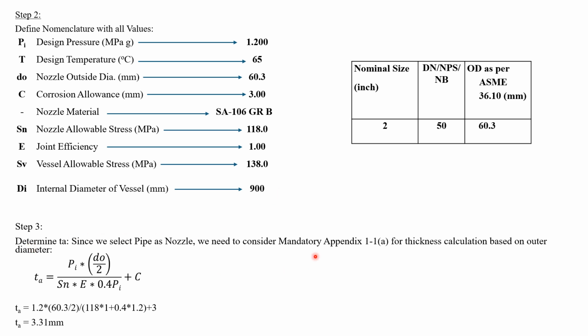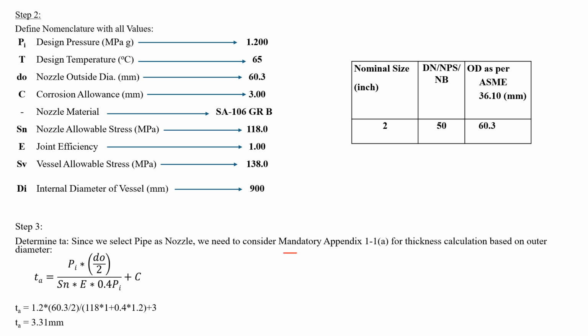So step 3. You know how I find this 60.3 as the nozzle outer diameter? As per ASME B36.10, for 2 inch, that is 50 NB or 50 DN or 50 NPS, the outer diameter is 60.3 mm. It is fixed. For a pipe, the outer diameter will always remain constant; the inner diameter will change depending upon the thickness. So to determine TA, because we have the outer diameter now,